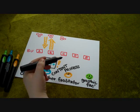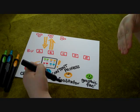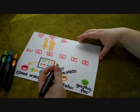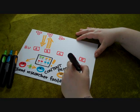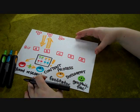When's the lunch going to show up? All those kind of process logistical situations that the facilitator can focus on. And lastly, if you have a graphic facilitator in the room, they are there to document. So they are the ones that make sure that all that good discussion that happens in this meeting,